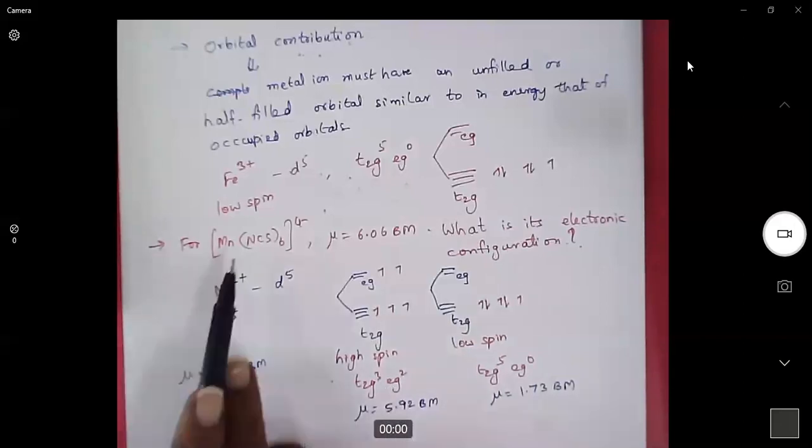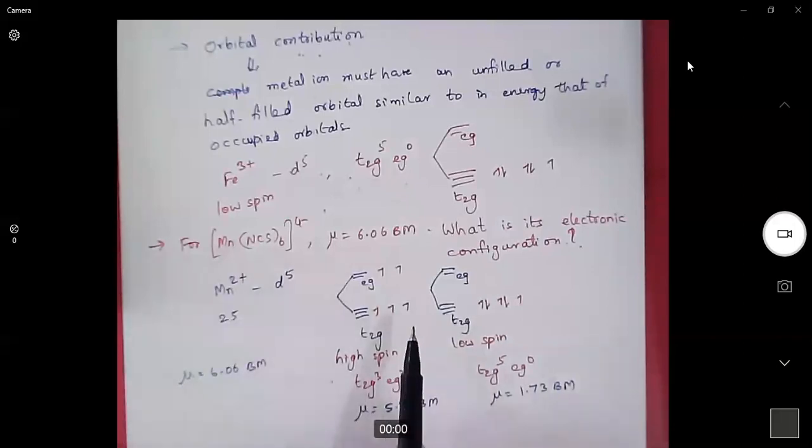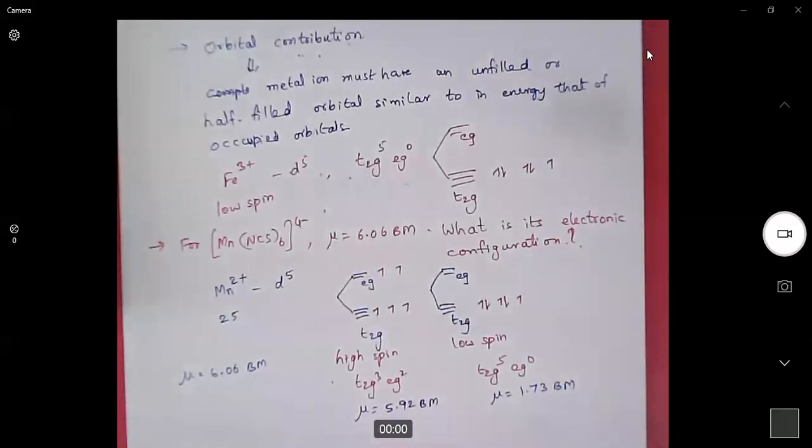Now the given magnetic moment is similar to the spin only magnetic moment for a high spin complex. That means in this complex, the electronic configuration of the manganese ion is t2g3 eg2. This is how we determine the electronic configuration of transition metals by measuring the magnetic moment. The difference in magnetic moment may be due to orbital contribution or spin orbit coupling. So there may be some deviations, but we only need to look at the comparable value.